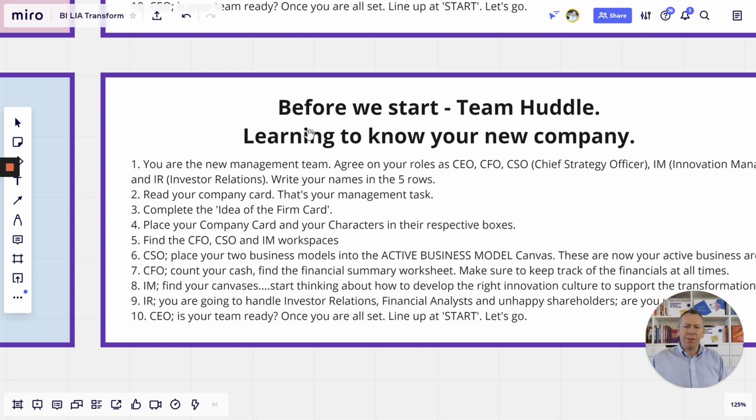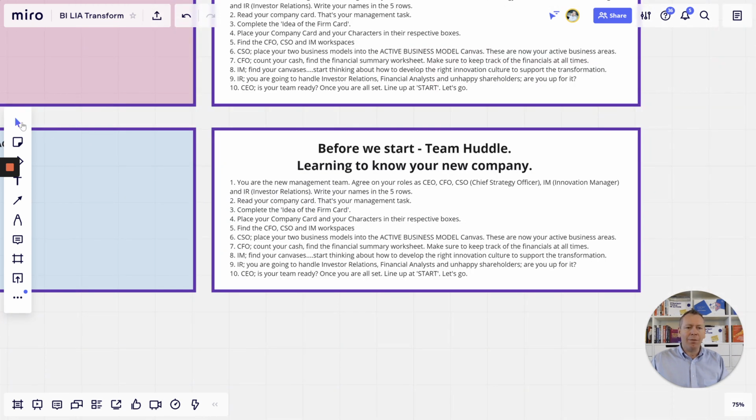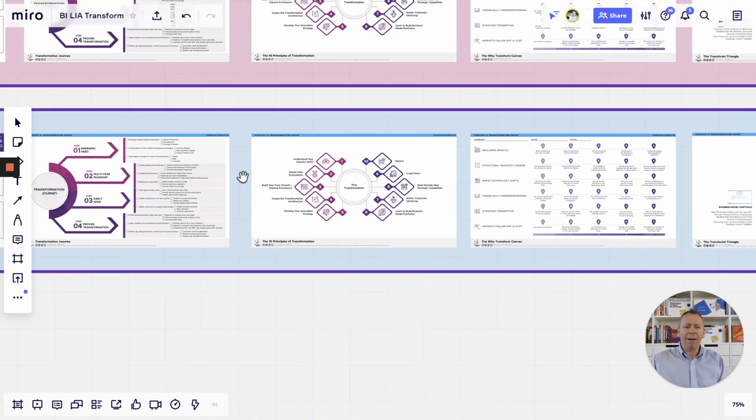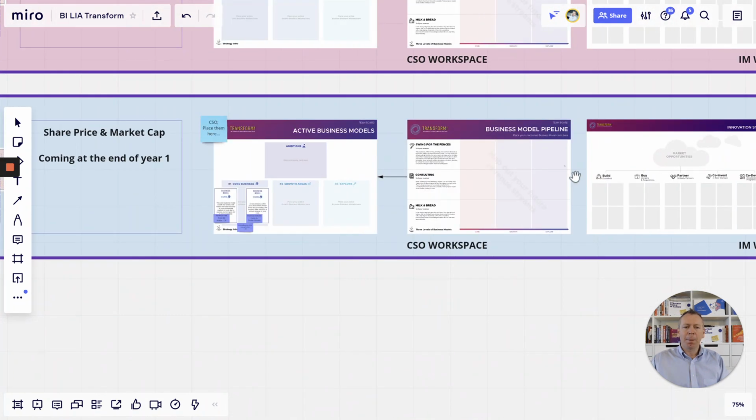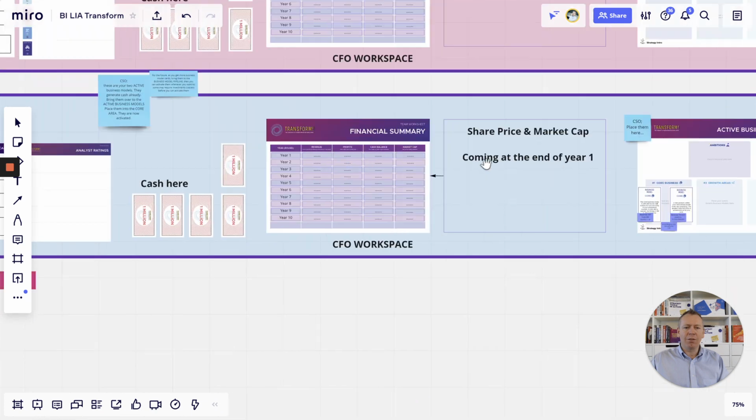And once you as a CEO realize, you know what, my team is ready. We're introduced, we're aligned, we've been discussing this. We recognize we're just getting started. We don't have all the answers. We may not even have a good strategy yet. That's coming. But we have set up our active business models.